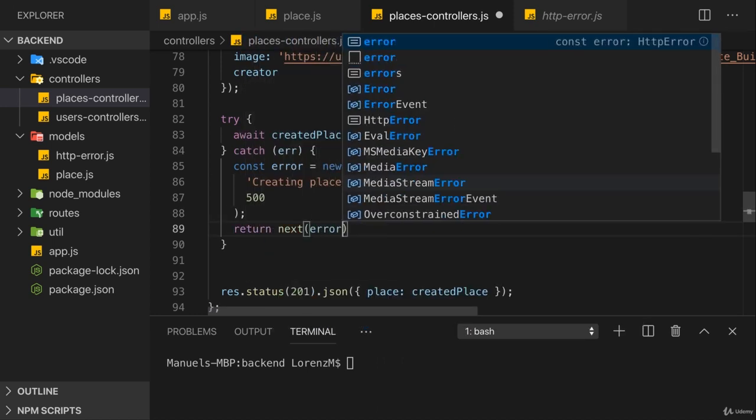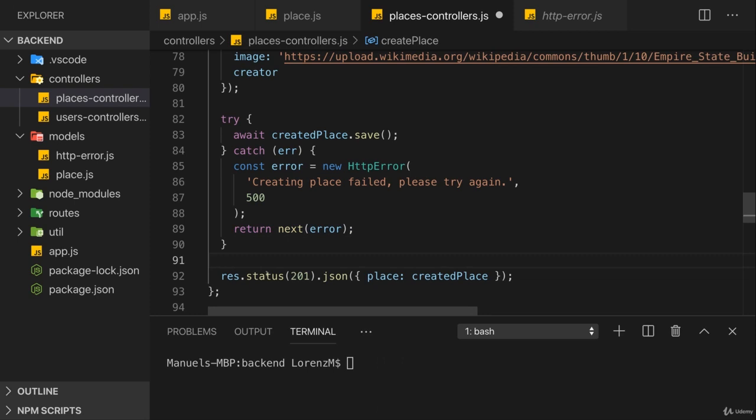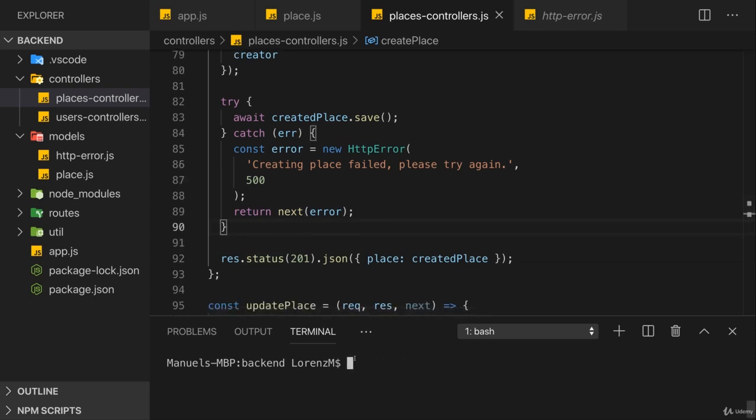We have to add this here, or we should add this here, to stop our code execution in case we have an error. If we don't add return next here, the code execution would continue even if we throw an error. Definitely not what we want right here, therefore important to add this too. With that, we are actually done. So if we now start our server once again